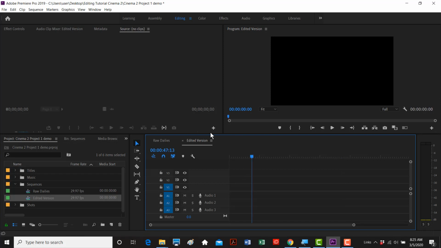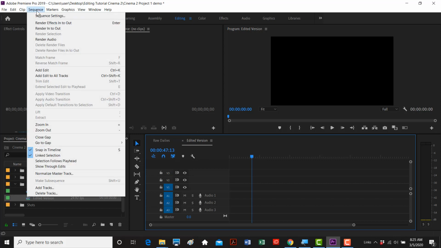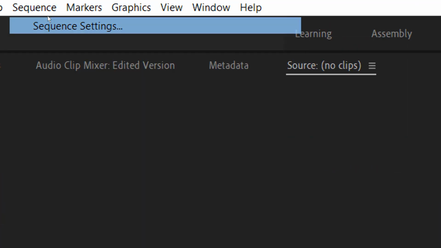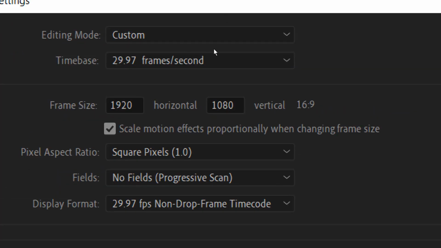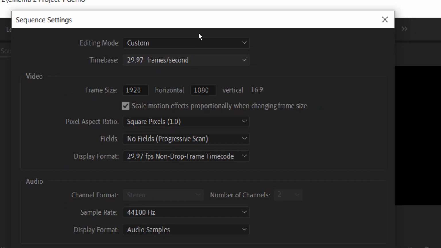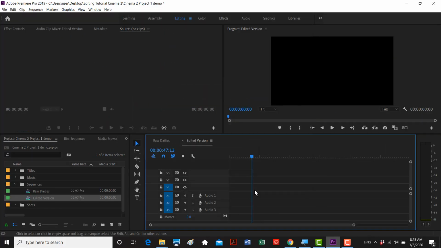sequence. By the way, we'd mentioned that when we created the sequence, it matches the footage. So we know our footage is 1920 by 1080, 30 frames a second. So if I come up here to sequence, and if I look at the sequence settings, then it'll give me the settings of the sequence, and that's 1920 by 1080, 30 frames a second. So it matches perfectly. I'm just going to say OK. I wanted you to see that our final output is going to match our original footage, and that is ideal in any post-production. So from here, I want to go back to my shots, and I want to start